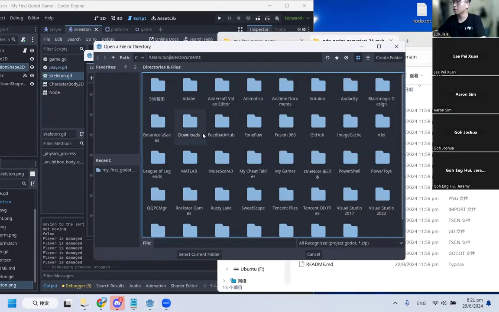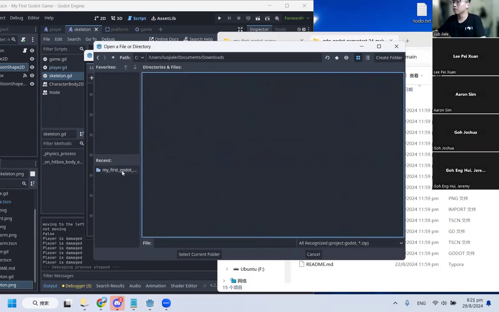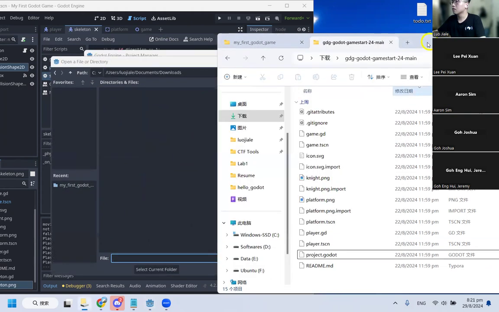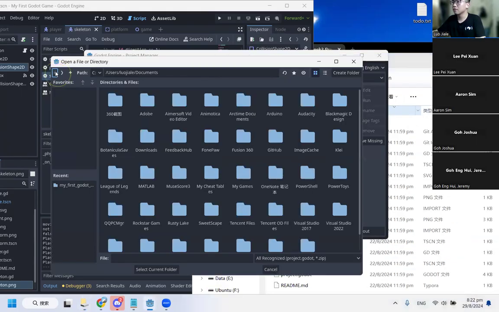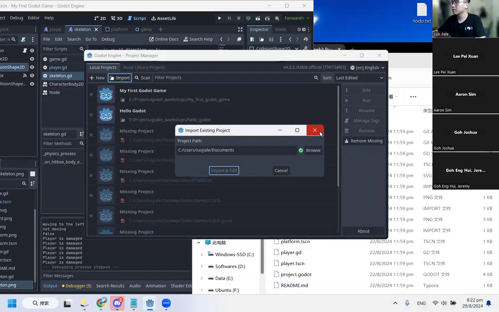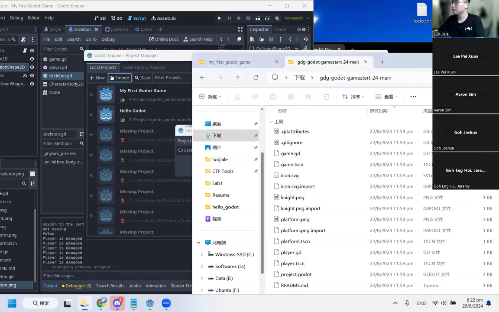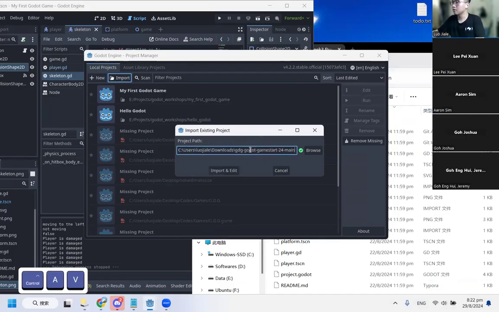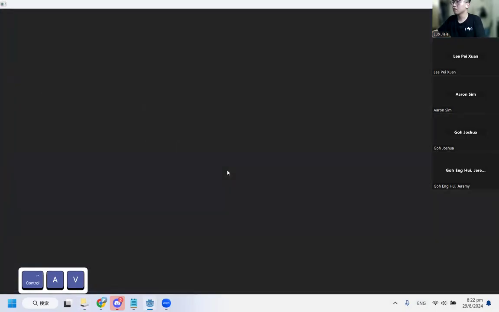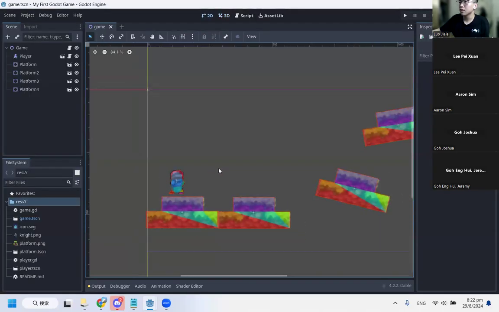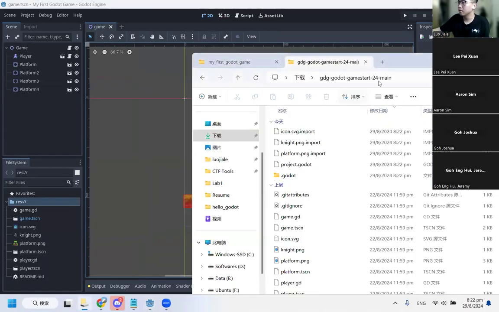Right? Let's import from my downloads. Okay. Yeah, I'm able to open the zip file. Okay, just in case